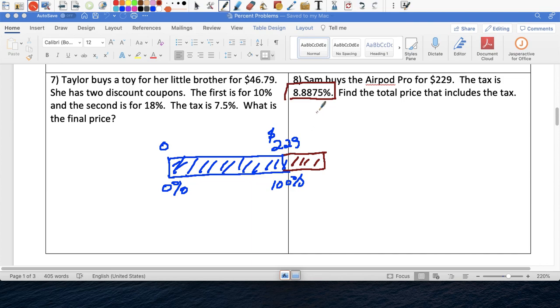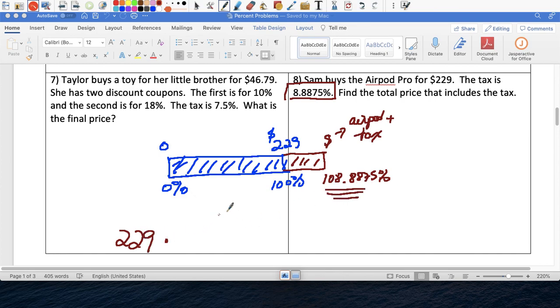If you do 100% plus that, you get 108.8875%, right? So the 108.8875 includes the 100%, right? The AirPod itself and the tax. So this price here is AirPod plus the tax. So if you take 229 and you multiply it by this value here,